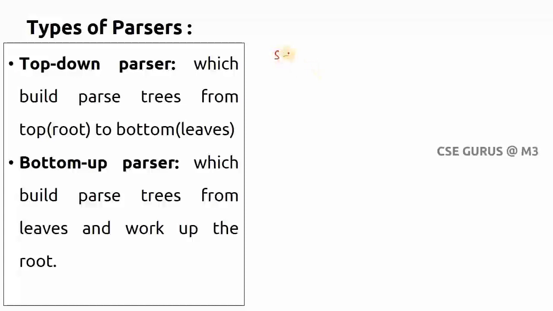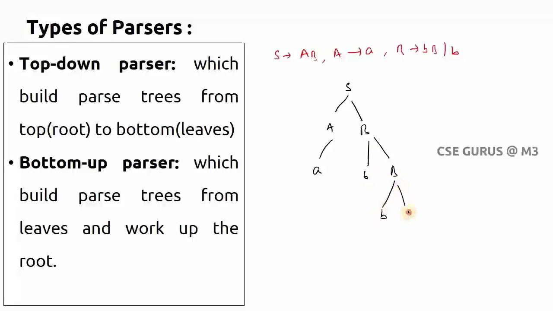So let us take, if I write S tends to AB, where A tends to A, and let us suppose B tends to BB/B. When you want to derive a string like that, top down means I'll take from the root S tends to AB. What is A means I'll derive as only one A, and what is B means of course I have two options. Let us suppose I'll take BB, and next time of course you can take again BB, or else if you want to take B you can take again BB, and then B I'll take. So the input string generated is ABBB. Like this you can take.